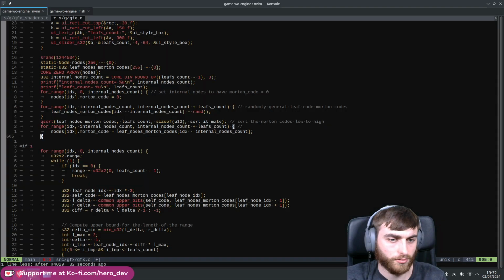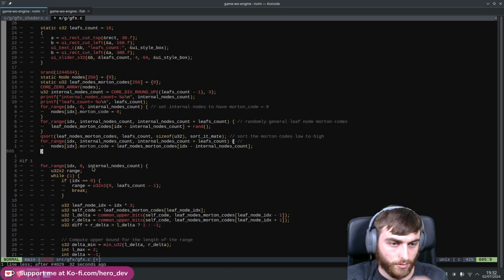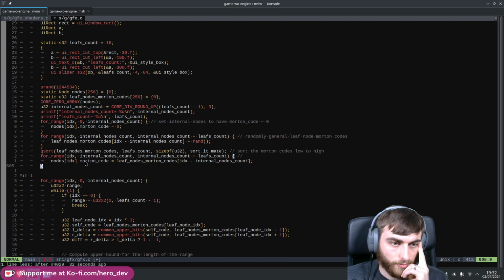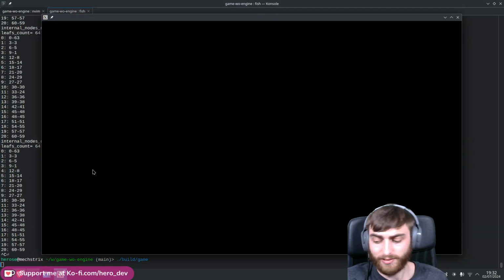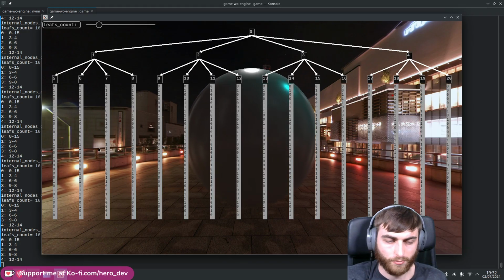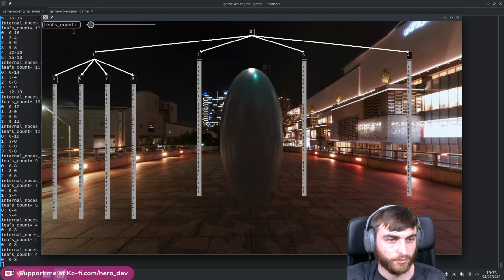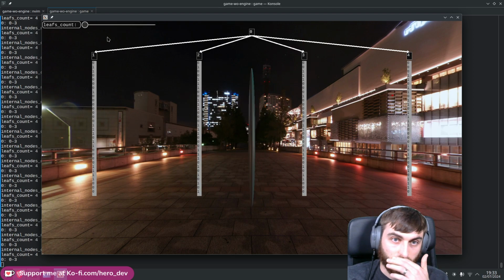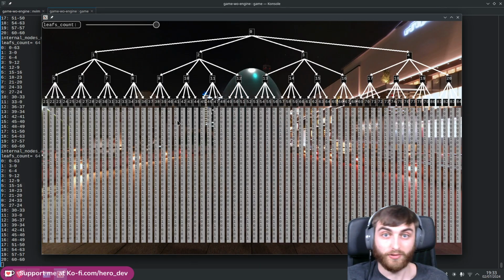Right, so now that we've set up those leaf nodes, those Morton codes, in our debug view, we should at least be able to see them sorted. Let's start simple. This is not me building the BVH tree; this is what we want it to look like